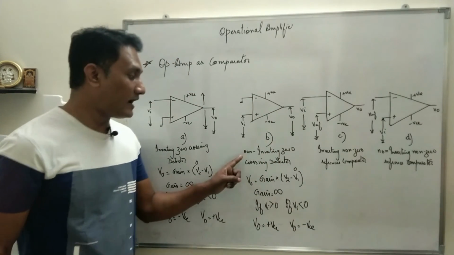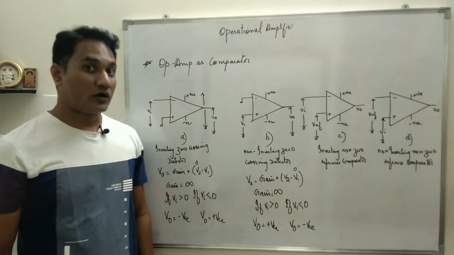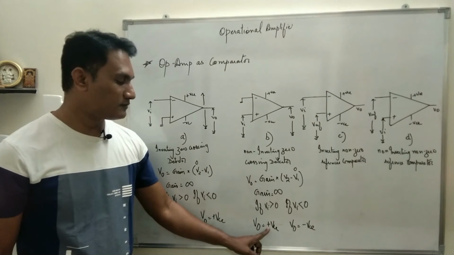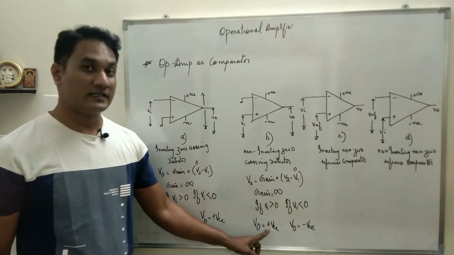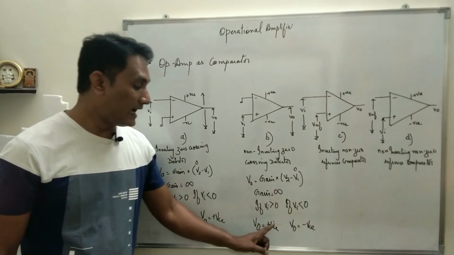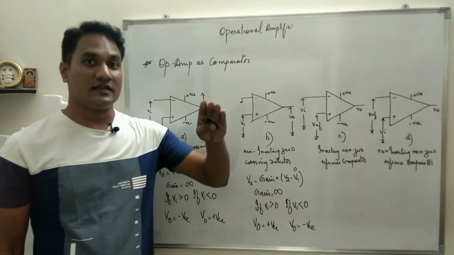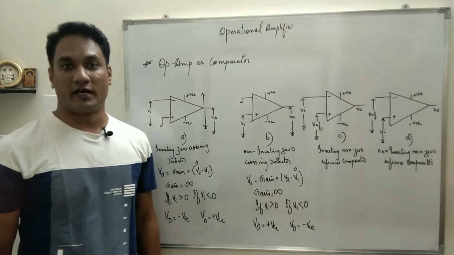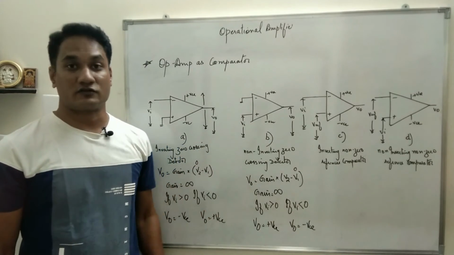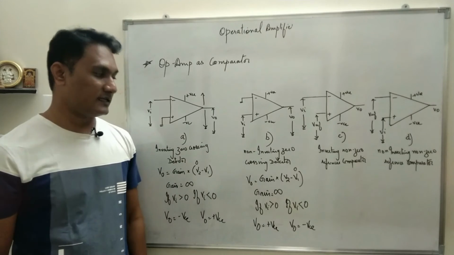saturation. So if you have a non-inverting zero crossing detector, what you can see is if the output is positive, plus VCC, we can say that the input voltage is still greater than 0, and if the output changes from plus VCC to minus VCC, we can say the input has crossed the 0 mark. That means it is less than 0. So that is how it works. It can be used as a non-inverting zero crossing detector.